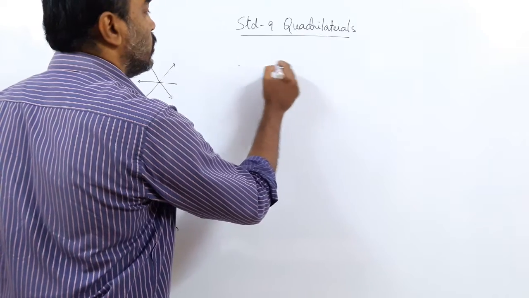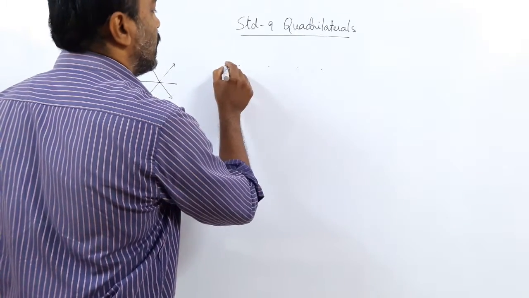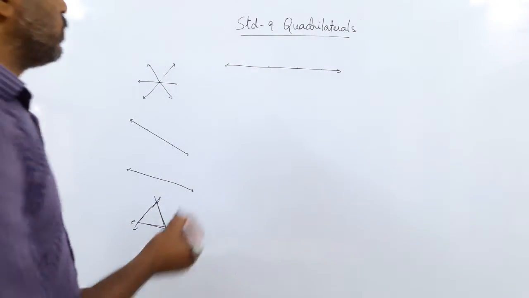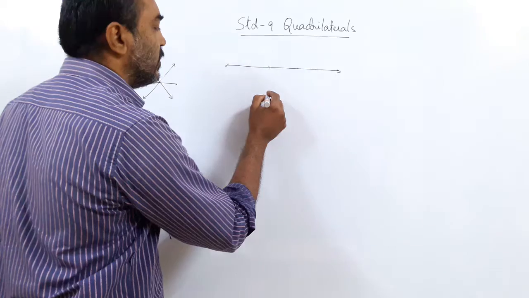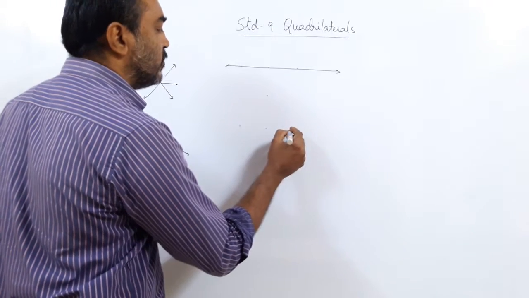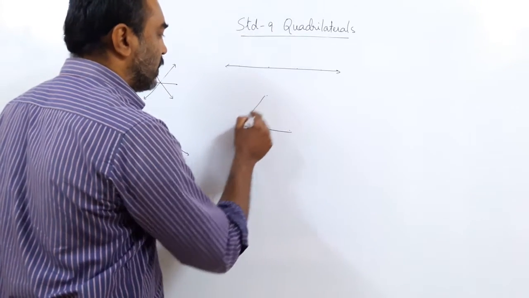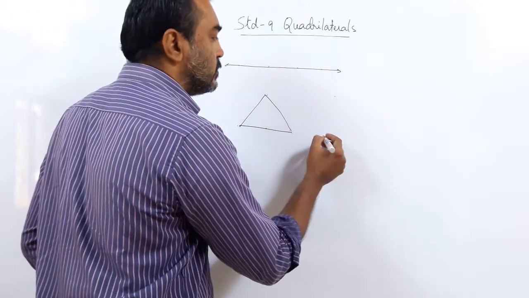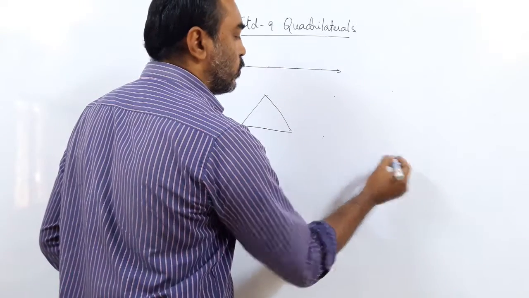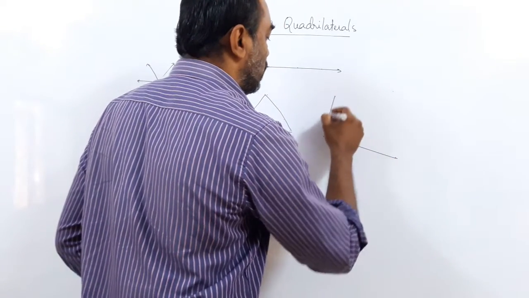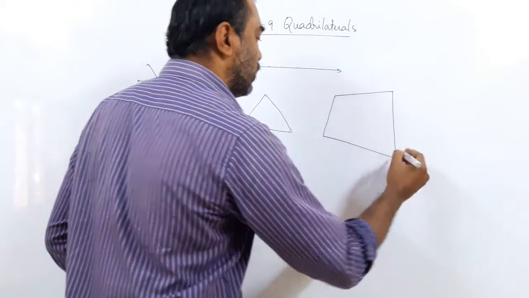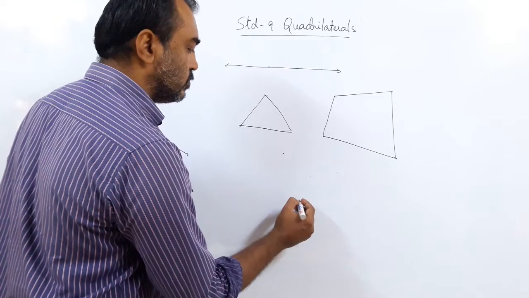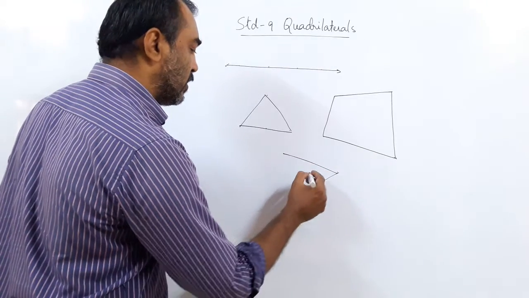Possibility 1. All the 4 points are collinear. Then they will only make one line. If there are 4 points in such a way that 3 points are collinear and one is non-collinear, it will make a triangle. But if we have got 4 points in which no 3 points are collinear, then we get a figure like this, or we will have a figure like this.